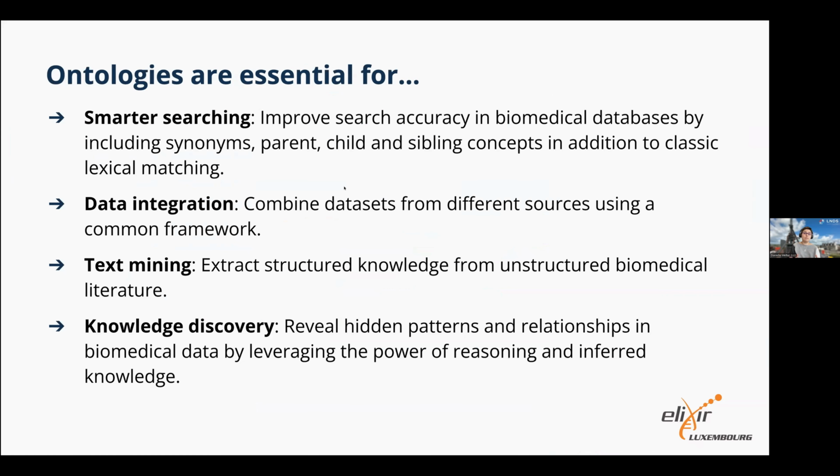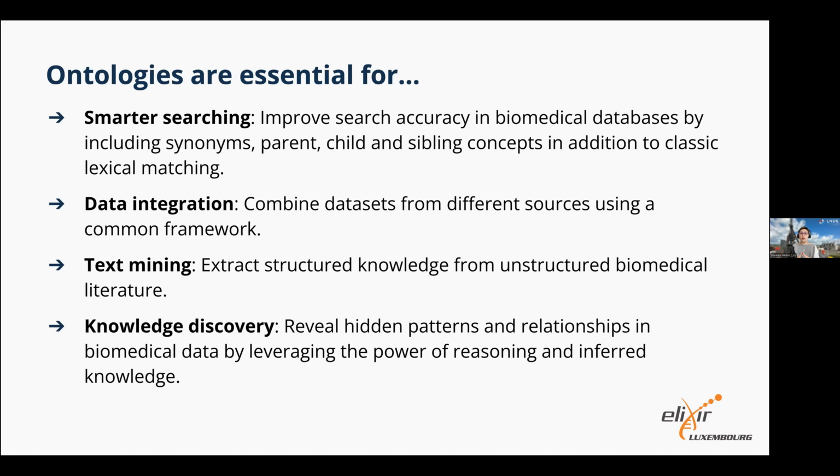So specifically, the smarter searching, for example, if you think of classic searching, you type in a string or a word, and the computer matches that word to other words. If you've made a typo, it doesn't find anything. Things that are spelled slightly differently or that have synonyms, it won't find. If you use ontologies under the hood and make the searching smarter, now you can suddenly consider the synonyms for your term. You can go up and down hierarchies, and you can look at parent terms, child terms, even sibling concepts, and just widen it.